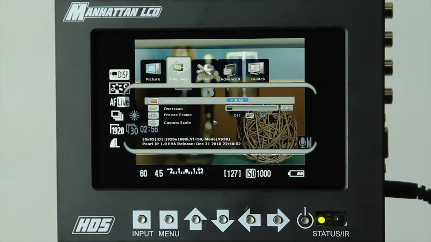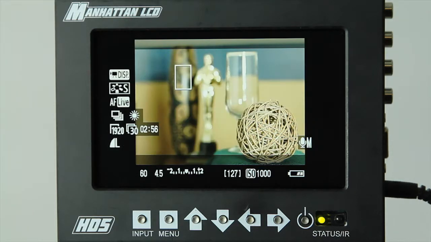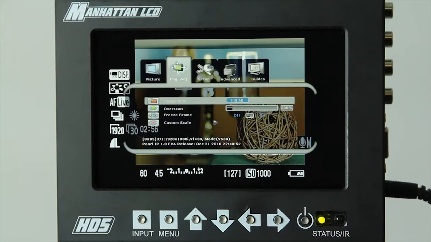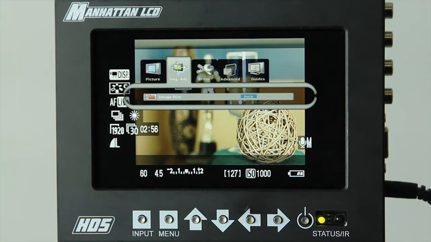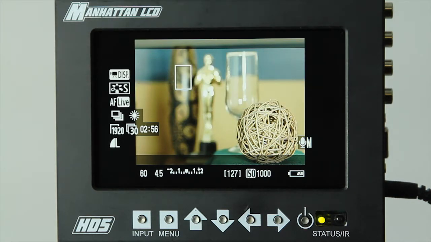Now this can be handy if you just need the monitor to fill the screen, you don't want to worry about things. But if you're trying to get proper aspect ratios, you're going to want to use a custom preset. There's also an auto setting, which basically tries to detect the aspect ratio that's being sent to the monitor, and display it in the proper aspects. So if you're using a 4:3 or 16:9, it's going to try and display it in the proper aspect ratio, but again it's only guessing. So if you have the option, you might want to go ahead and change that to the proper aspect